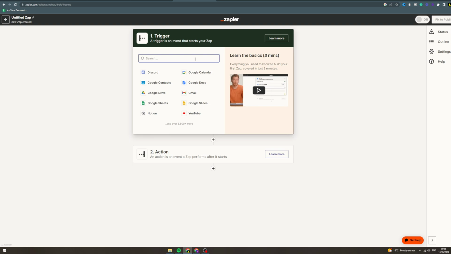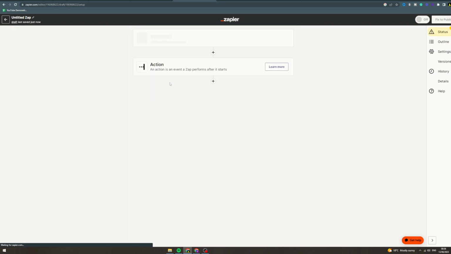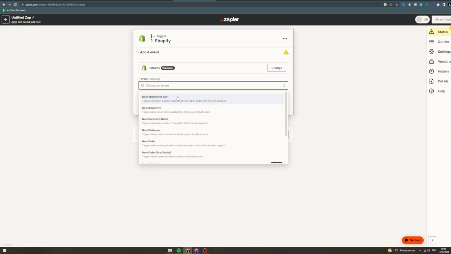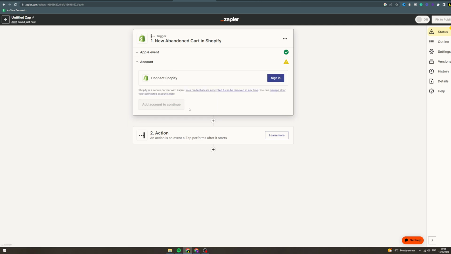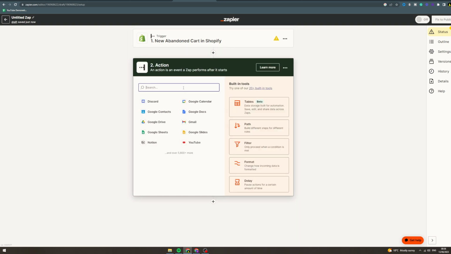So, let's say Shopify. There we go. Shopify event, let's say abandoned cart. Continue. What you would do is you would connect your Shopify up here, etc. Now, action. Let's say you want to